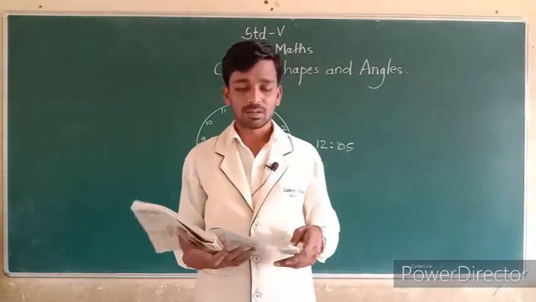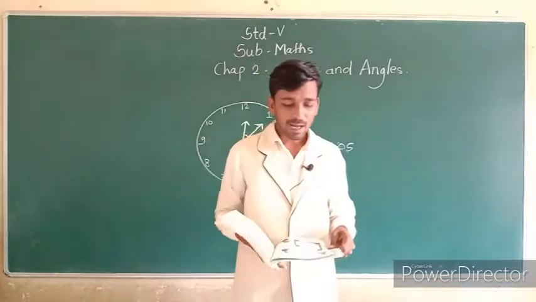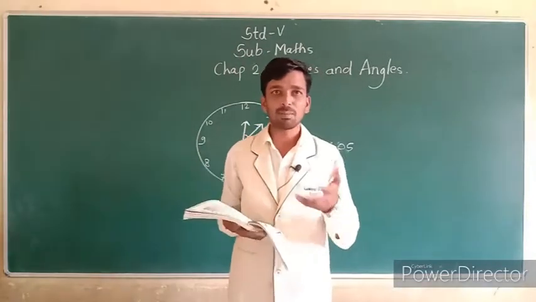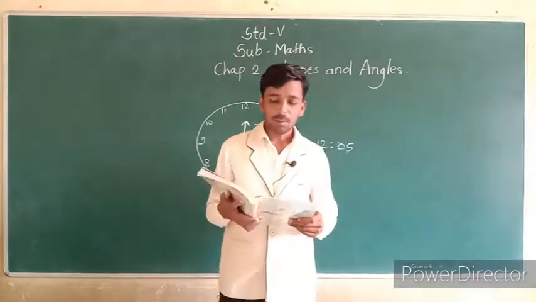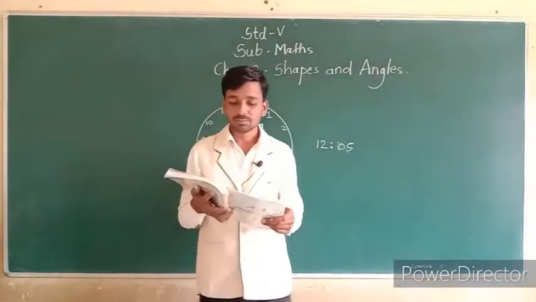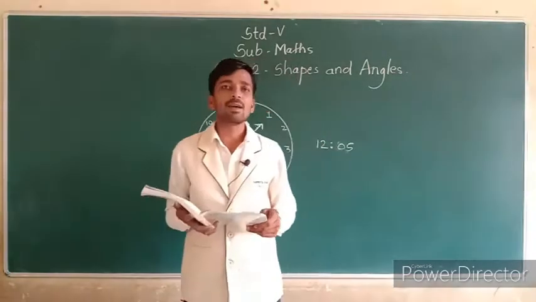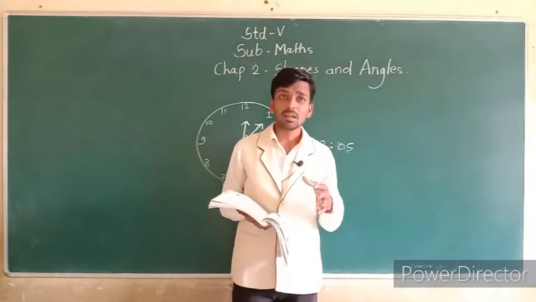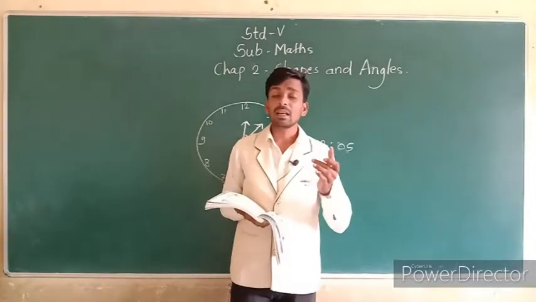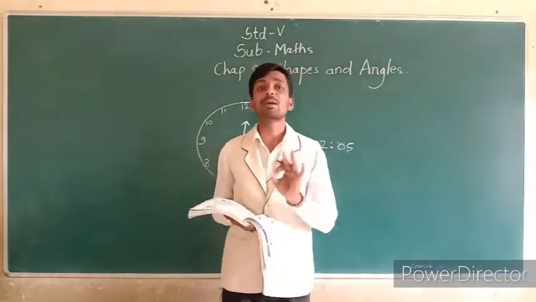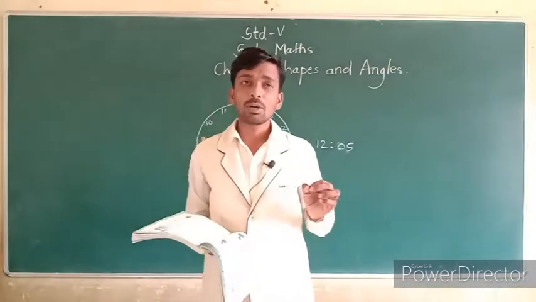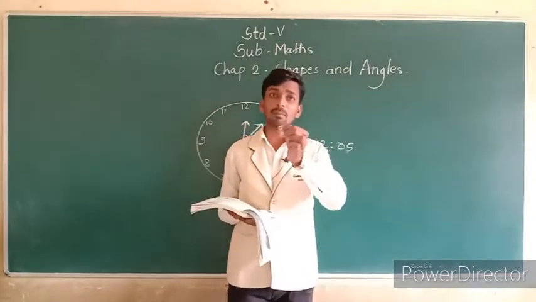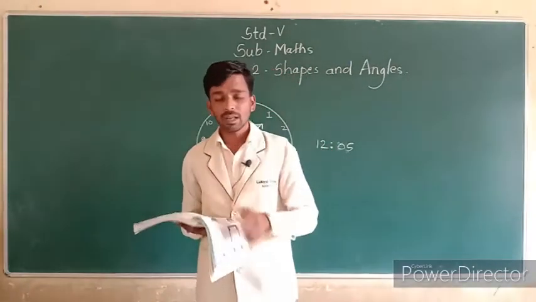See, degree clock. I will read, listen carefully. Appu and P2 are playing carrom board. You also play carrom board. Appu hits the striker. It comes back at the same angle. When you hit at any angle, then it comes back at the same angle. When you strike at the 30 degree angle, then it also comes back at the 30 degree angle.